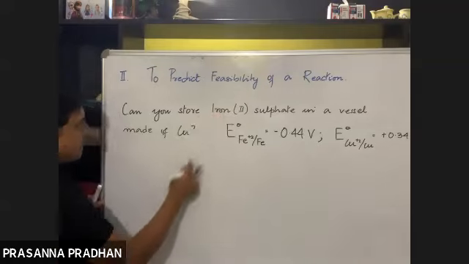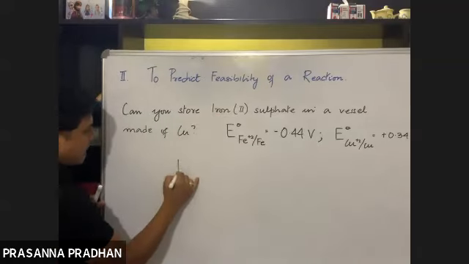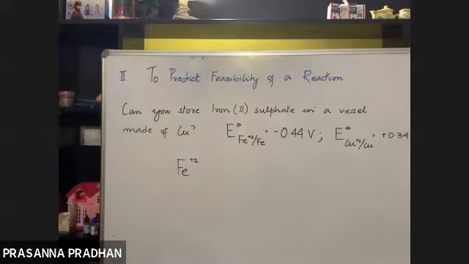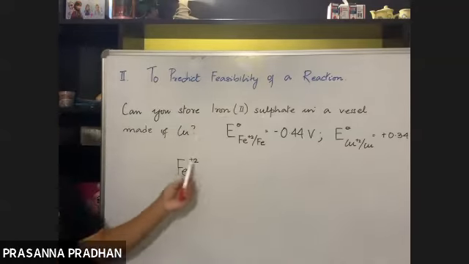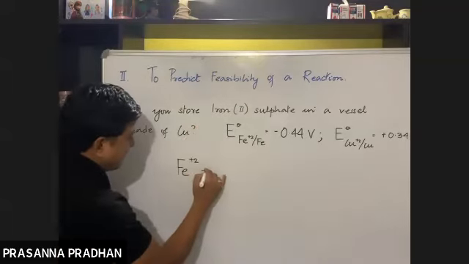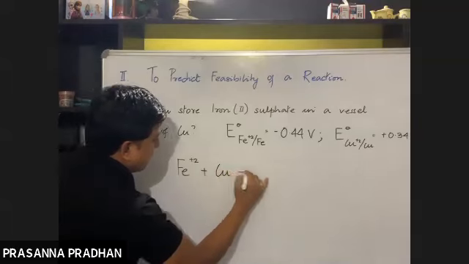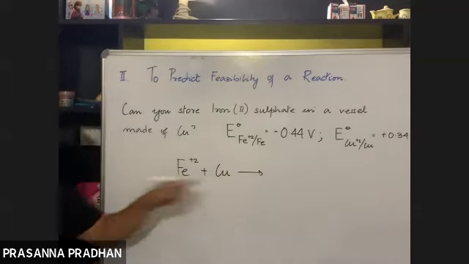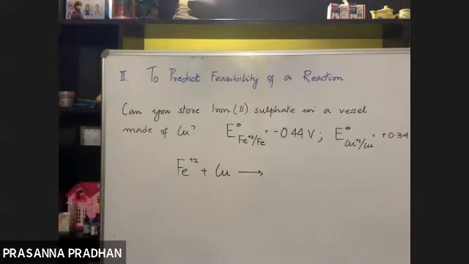And if it does react, what will be the predicted reaction? Iron sulfate means we have which ions here? We have Fe2+. Forget about the sulfate, I'm just writing the iron part, the metal part, Fe2+. So it is being asked whether these two will react with each other, whether this redox reaction will take place or not. And if this redox reaction does take place, tell me what is going to be the product?